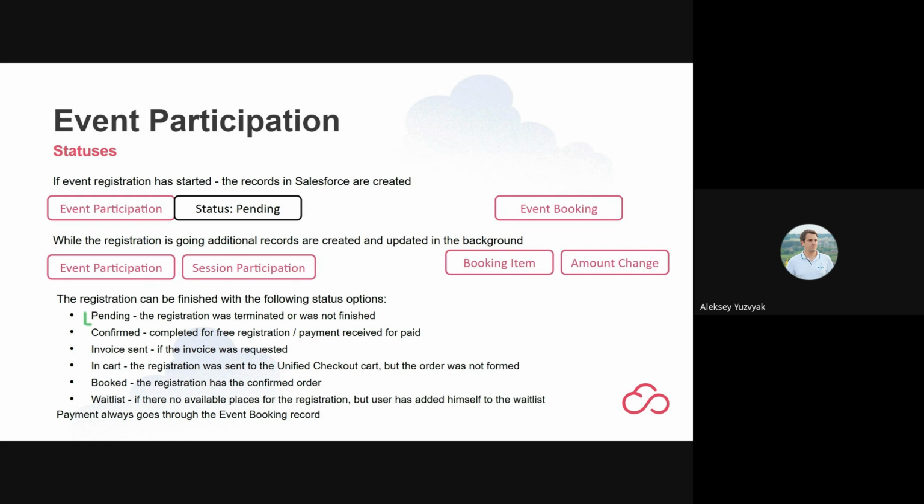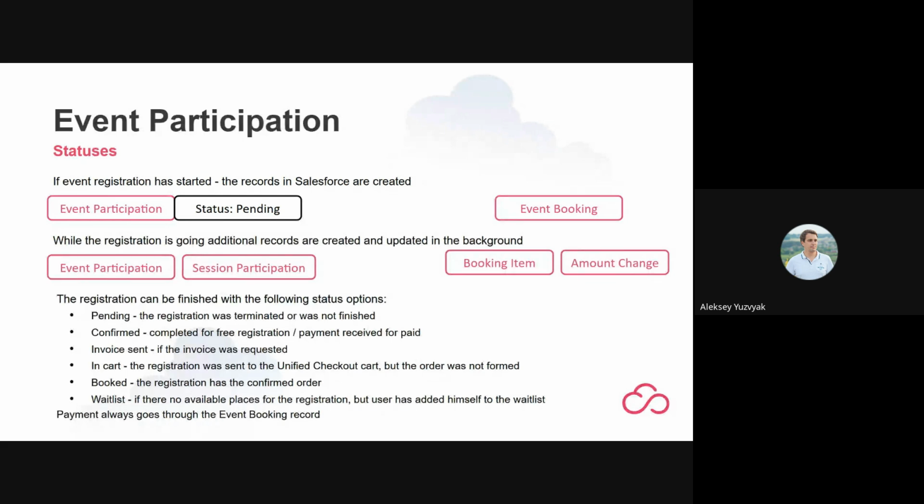If the registration was terminated or not finished, or something went wrong, unstable connection, or just closing the window, the event participant with the pending status will remain in the system. So you can handle it as a lost cart or abandoned cart,